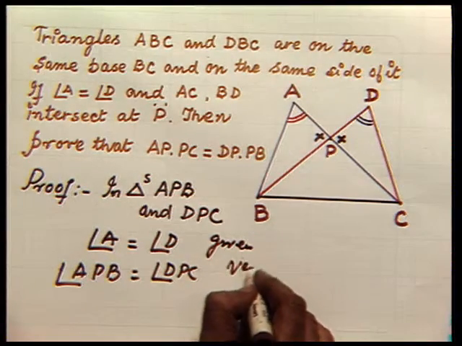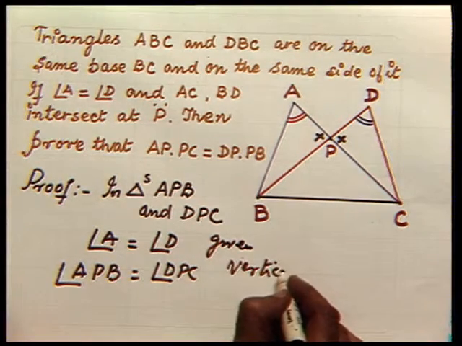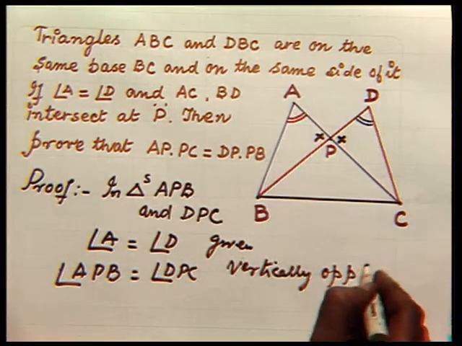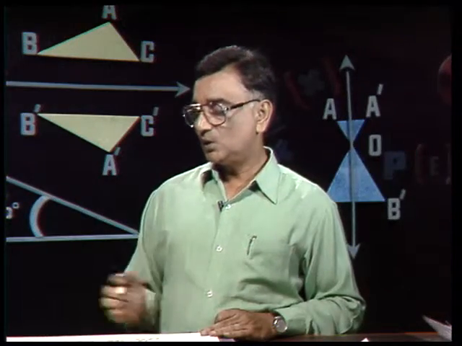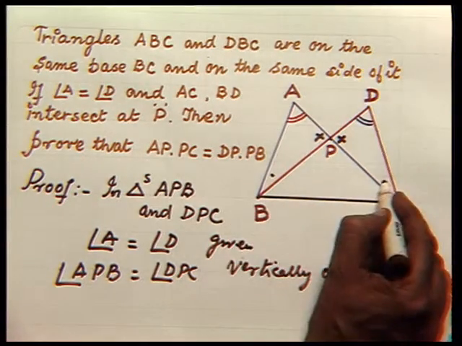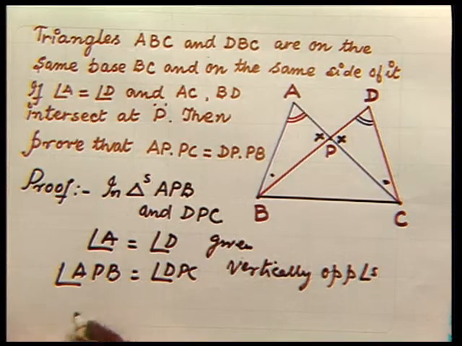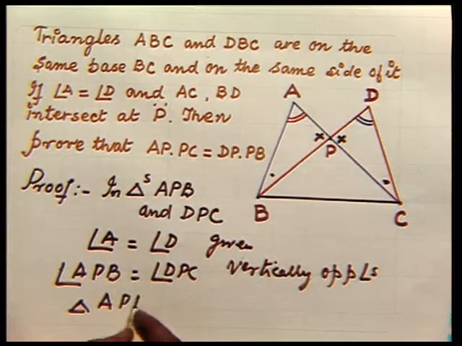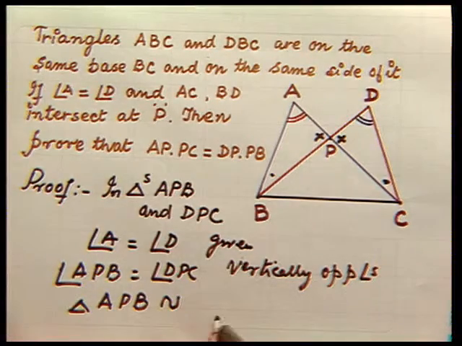They are vertically opposite angles. So, obviously the third angle, this one, will be equal to this angle. The triangle APB is similar to triangle